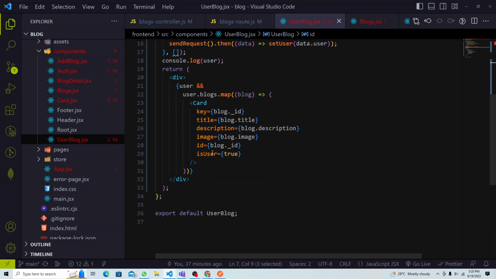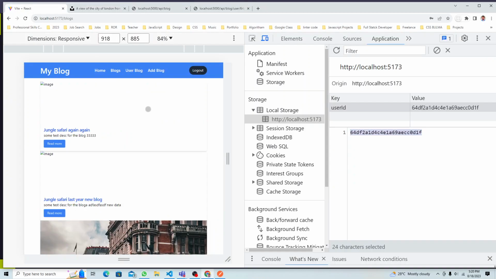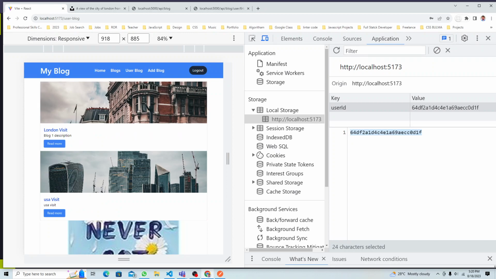Just look at what we have done here. I pass one prop here, isUser. I'm creating some kind of trust here: if isUser is true, I'm passing the true. In that case only I will be able to add the update and delete button for the user here in the blog. So let's go to the user blog,